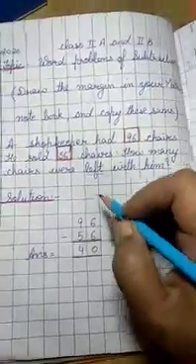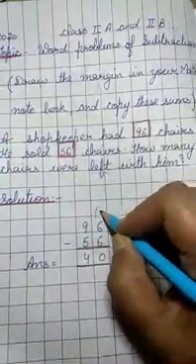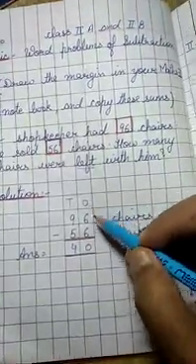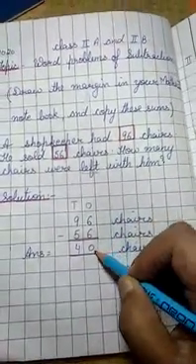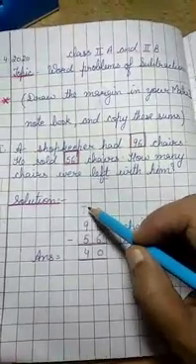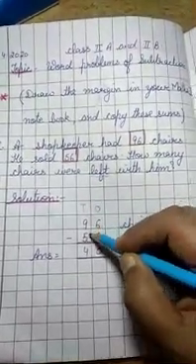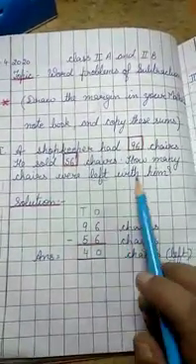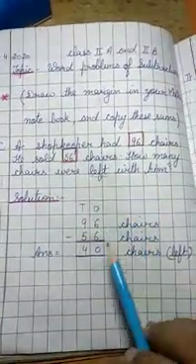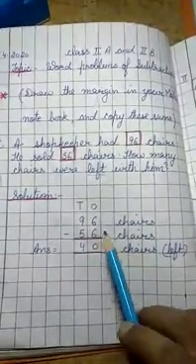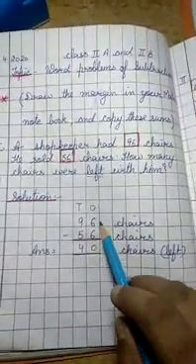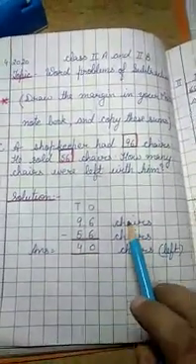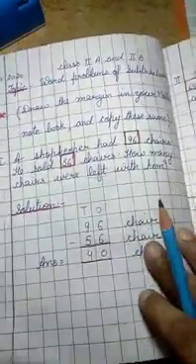This is the ones column and this is the tens column. When you minus the ones column, 6 minus 6 will give you 0. And when you minus the tens column, 9 minus 5 will give you 4. So the answer to this question, how many chairs were left with him, is 40 chairs. So when you minus 56 from 96, you get 40. So 40 chairs were left with the shopkeeper.